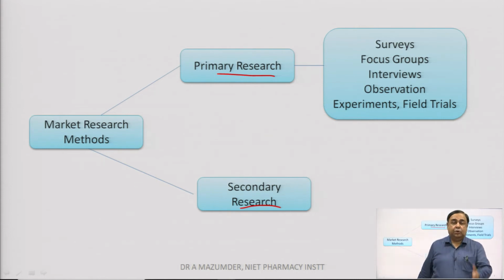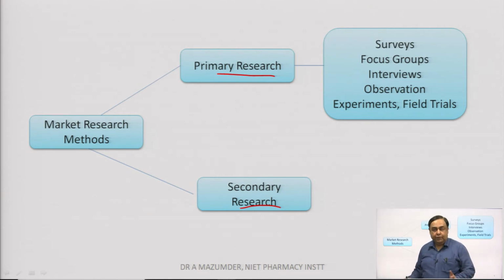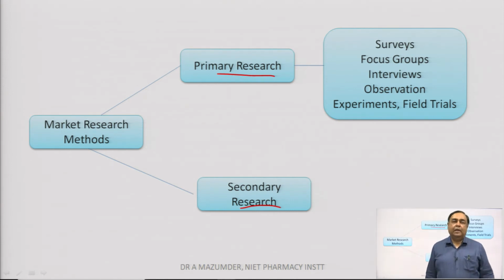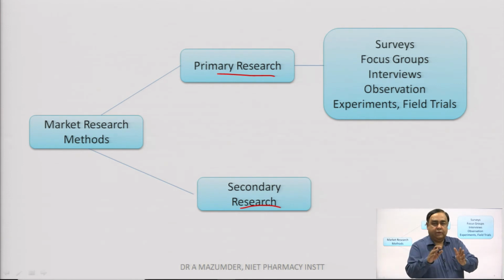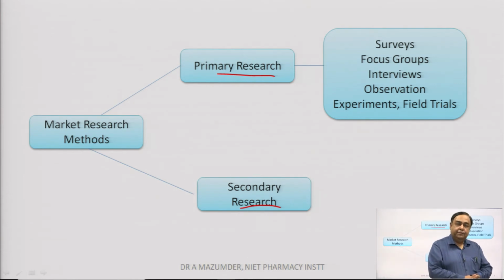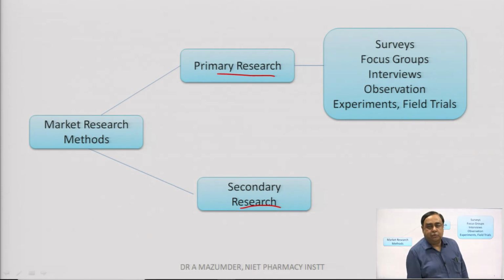Sometimes we conduct experiments also, where we give a particular treatment to a group of individuals whom we call the experimental group, and the other group where we do not give the treatment, we call the control group. And we measure the change in the attitudes, we measure the changes in the response after giving this particular treatment and without treatment, and then we measure what the effect of the treatment given is. This analysis has to be done statistically. This is what we call experimentation.